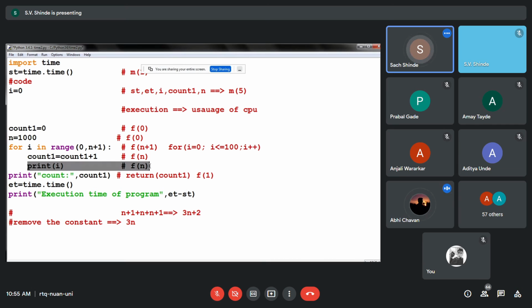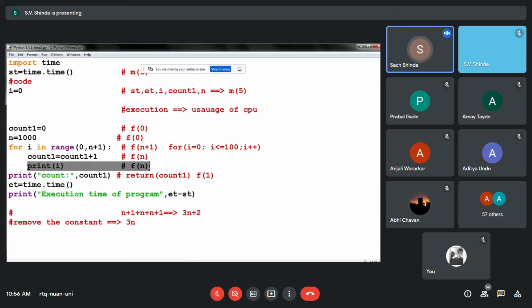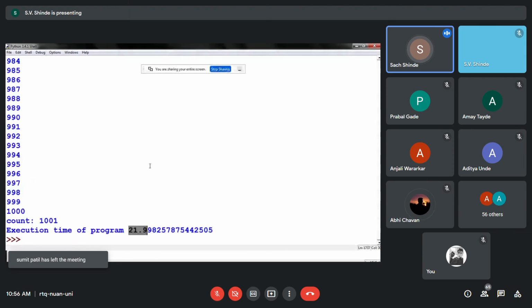Okay, so over here we assume that there was some time required for numbers, that was increased in the program. Let us see an Excel example. I'll share the screen with you. One second.